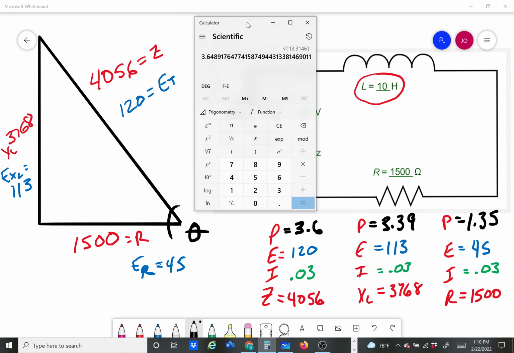We should remember that that is the cosine value, which is either R over Z in the series circuit side, or resistive voltage over source voltage, which is also on the series side, or we can go to always true and use the power triangle. I can actually use my 1.35 over 3.6. But because this value is given at 1500, I'm just going to do R over Z. Like I said, I can use any one of the three. I'm just going to use R over Z, especially since R was a given value and there's no rounding at all in R. So I'm going to take that 1500 and divide it by the 4056,